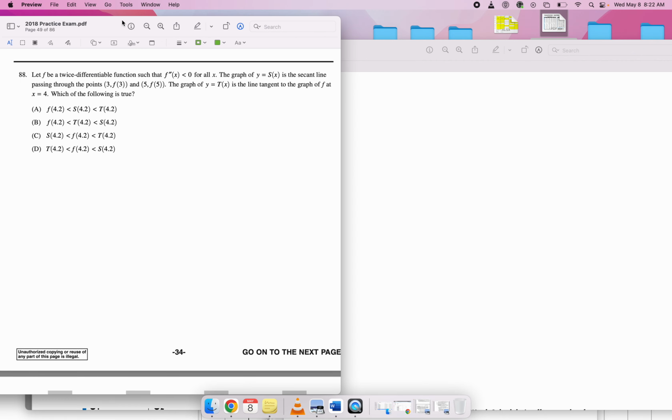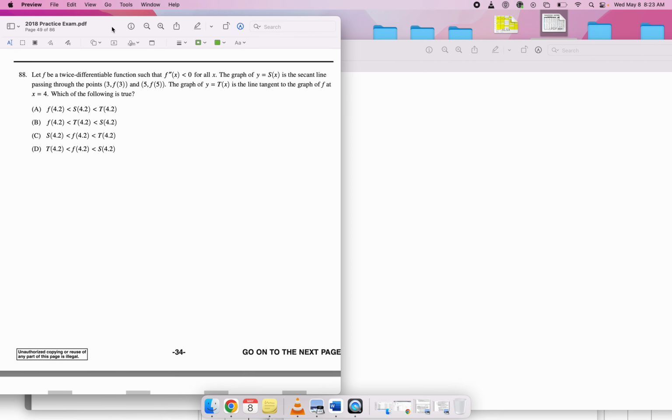Anyway, okay. So, finally, this function is concave down because the second derivative is negative, right? So, looks something like this, okay? So that's what it looks like. It's concave. Oops, sorry. No, that's concave up, concave down. So it looks something like this, okay? So it's concave down, and I'm being asked to consider the secant line between 3 and 5 and the tangent line at 4. So let's say that 3 is right here, 4 is in the middle, and 5 is right here, okay? So 3,